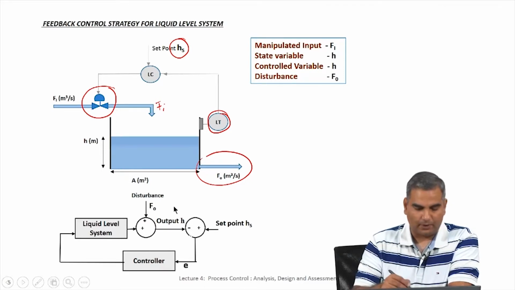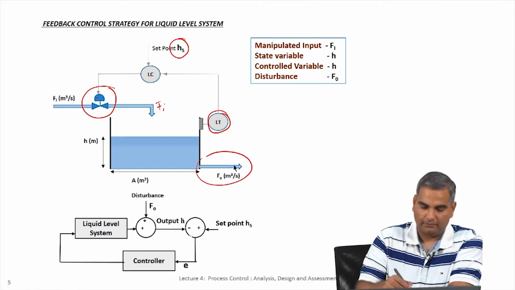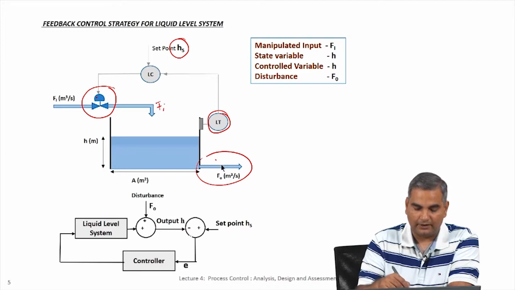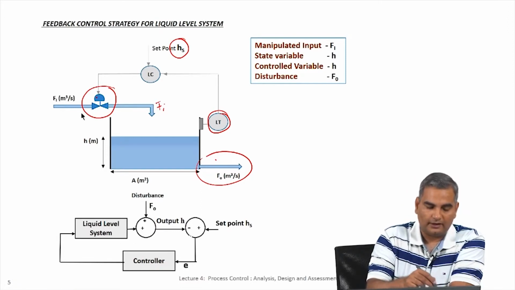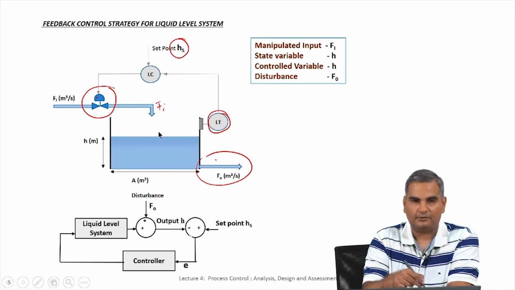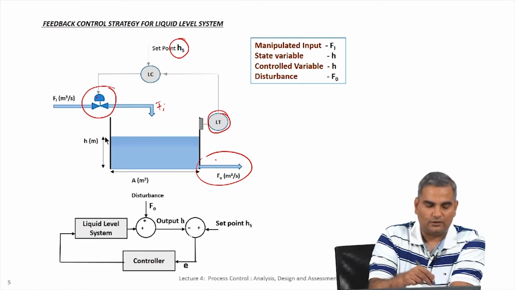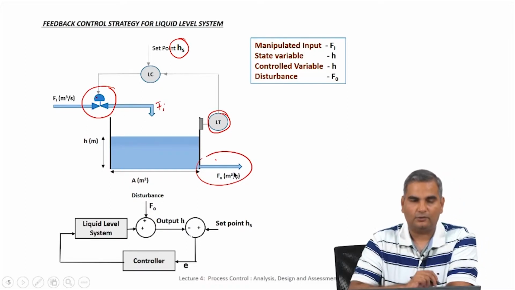Now, for the same problem, one could have chosen to put a control valve not here, but here, in which case the manipulated variable would be F naught, because by manipulating the position of the stem in the controller you can manipulate the flow going out of the tank. And in such a case, if there is no control valve here, then this inlet flow will become a disturbance. So, if this flow is coming from some other tank or some other system, whatever are the natural fluctuations in this inlet flow will be counted as disturbances, and this will be the manipulated variable.